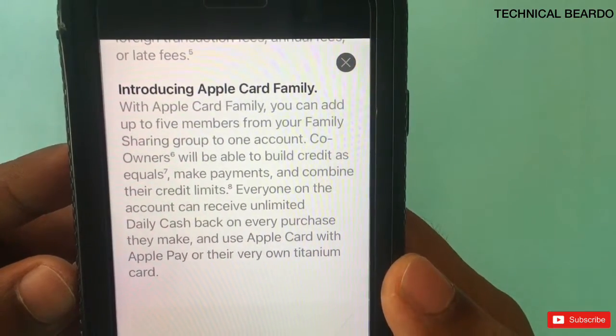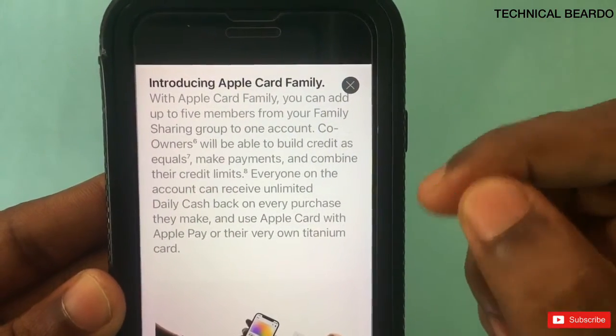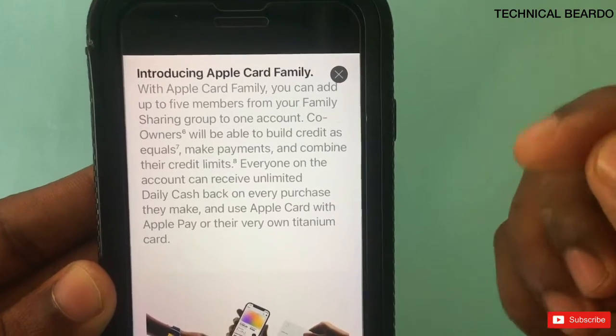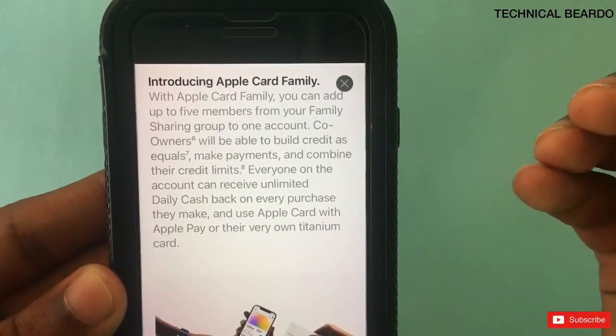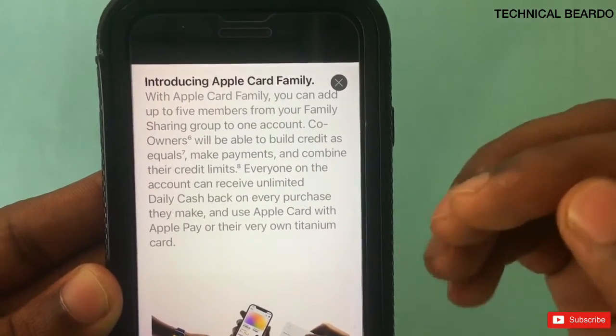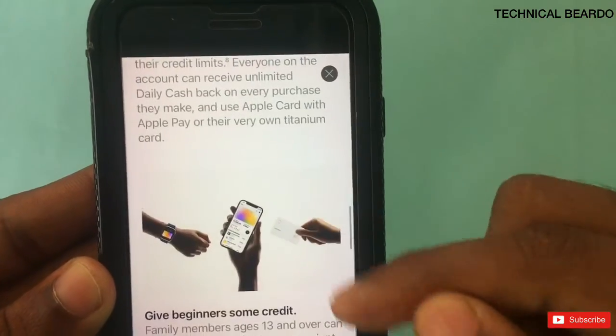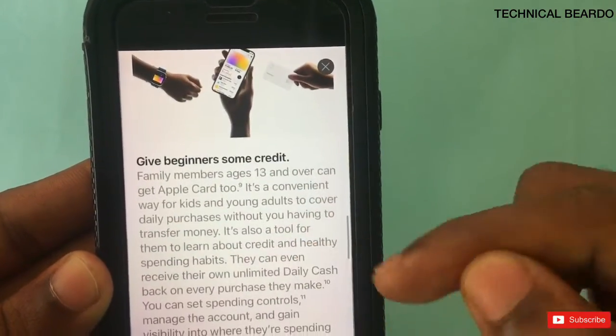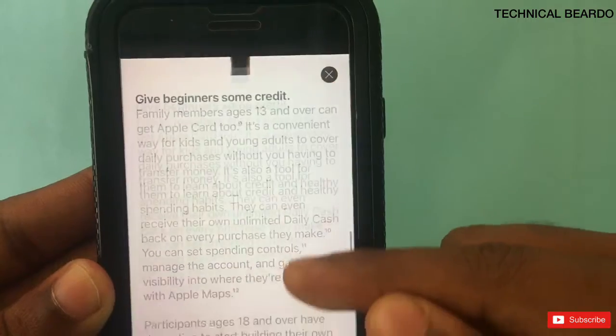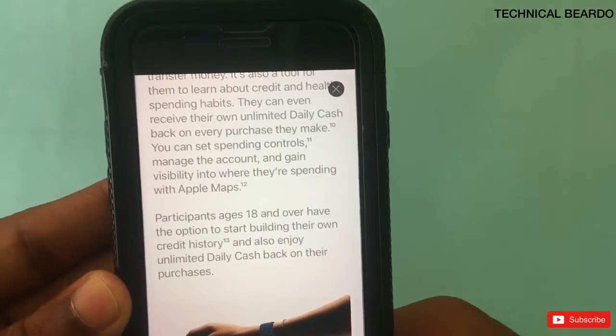This feature is very useful for all the people or members who use the Family Sharing feature very much. For them it's very helpful now, because they can add their family members instantly to the Apple Card, and those members don't have to enter or add the card individually on their own.